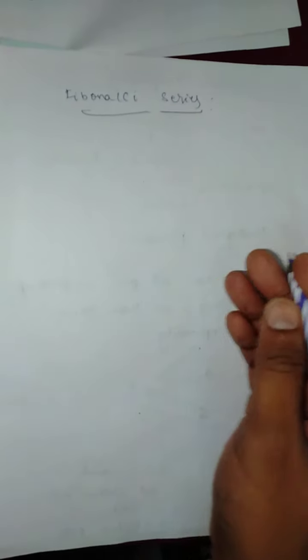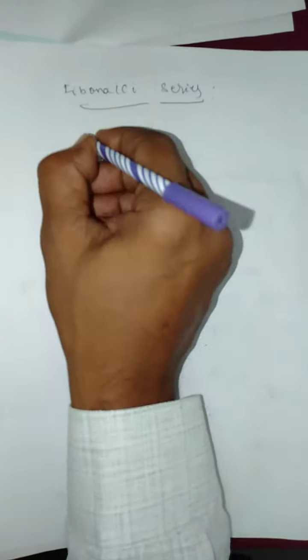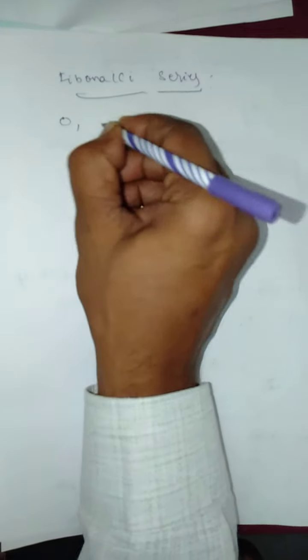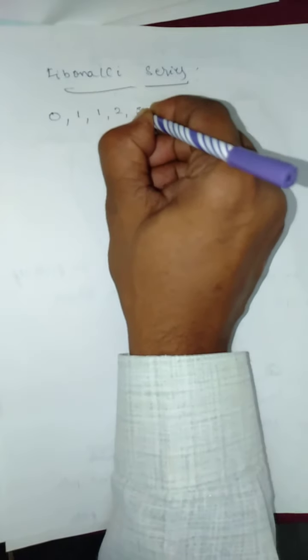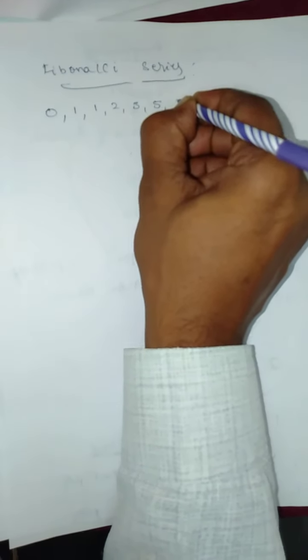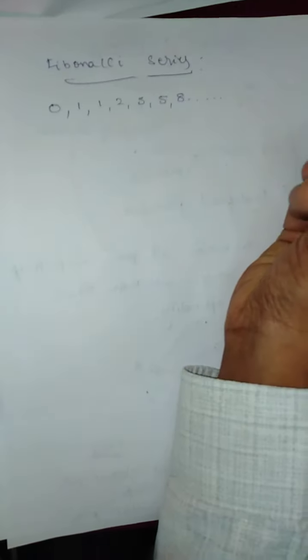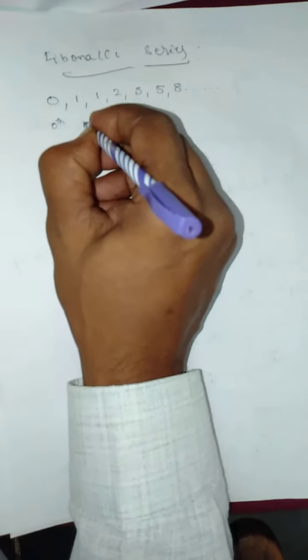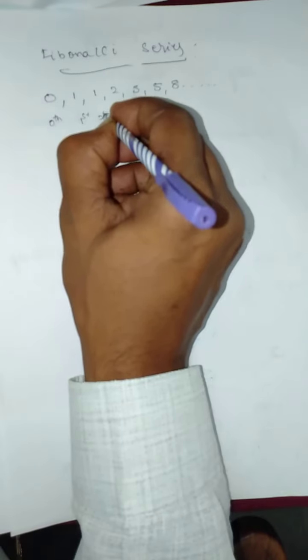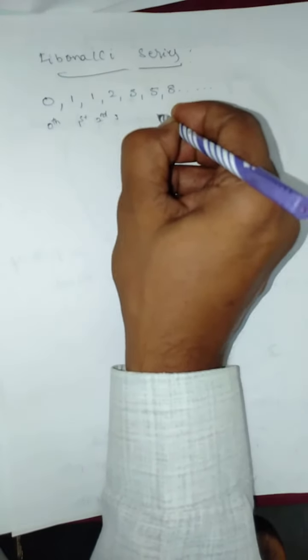The Fibonacci series is 0, then 1, and then 1, 2, 3, 5, 8 like this, correct? So this is the 0th Fibonacci term, this is the first Fibonacci term, this is second, third, fourth, fifth,